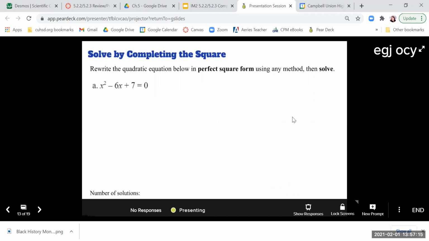And this first one, I want to give you a few minutes to try to do on your own, and then we'll walk through it together to make sure that we have it down. Okay, so I'm going to give you a few minutes to try. Okay, just to get you started here,